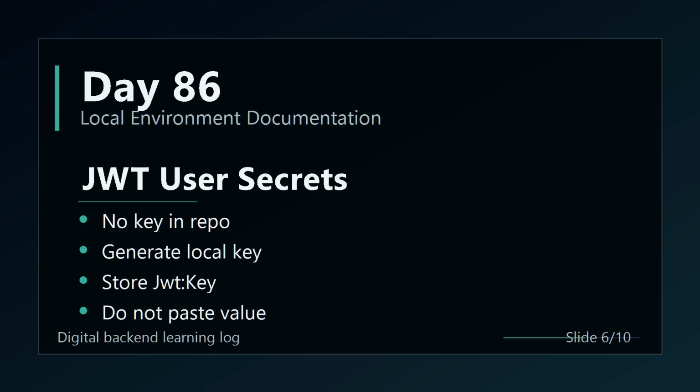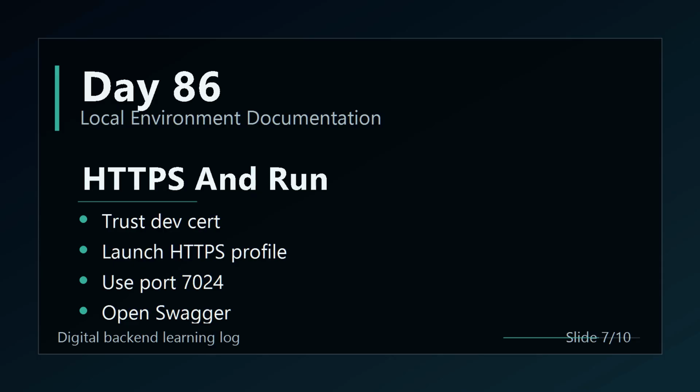The repository must not contain a JWT signing key. The README shows how to generate a local key and store Jwt:Key in .NET user secrets without copying the value into Git. Document the HTTPS development certificate, then run the API with the HTTPS launch profile. Swagger opens on port